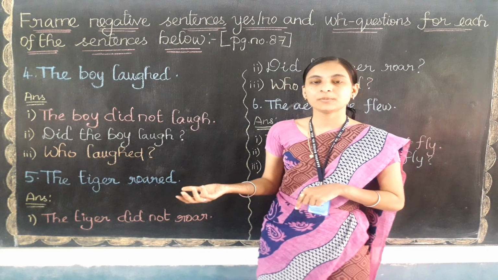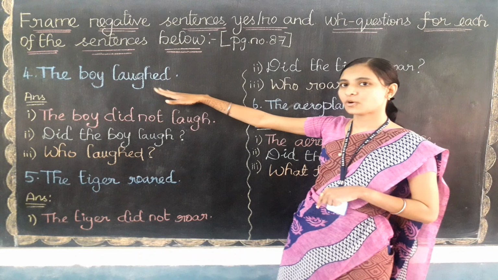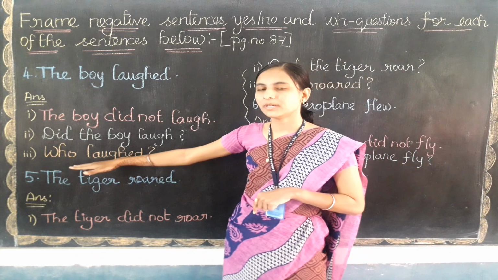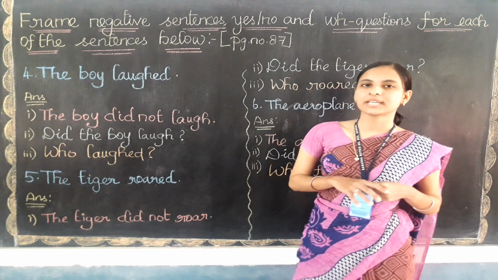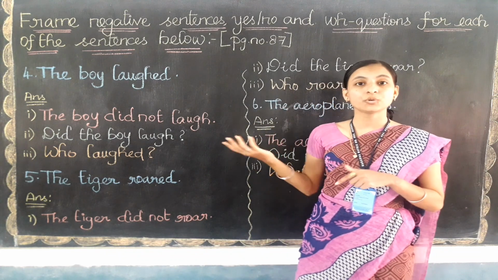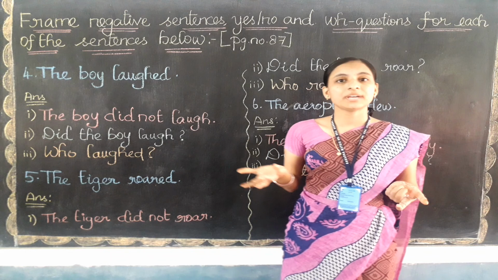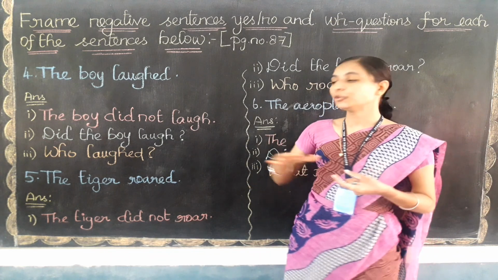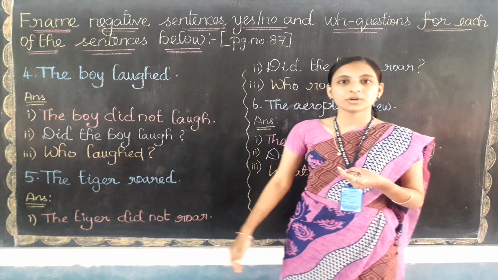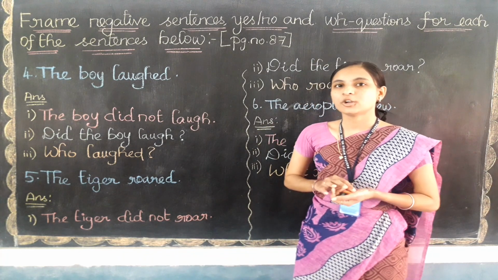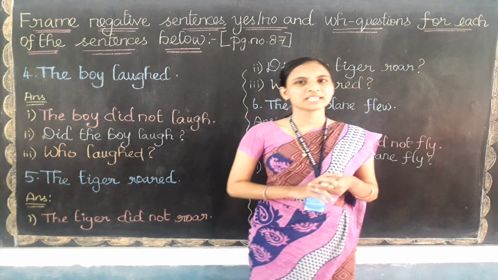And for making a WH question, if the sentence is small, we can directly use the WH word with the past form verb. If it is a big sentence, then we can use the auxiliary verb, that is the do family verb, okay. Whenever we are using the do family verb, we need to use only the base form of the verb, okay. So keep in your mind all these things, and I'll see you in the next video.